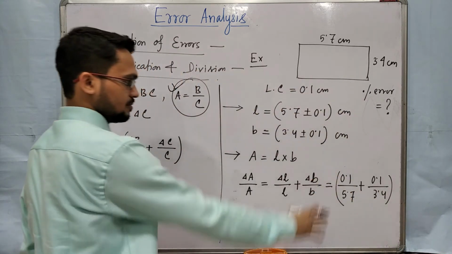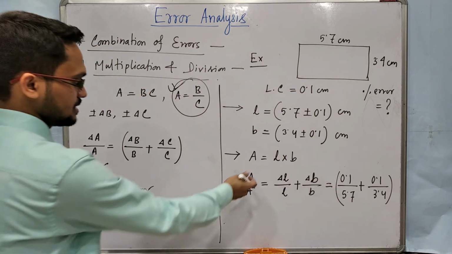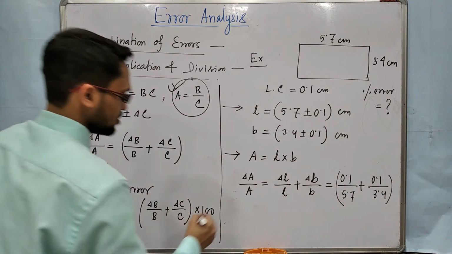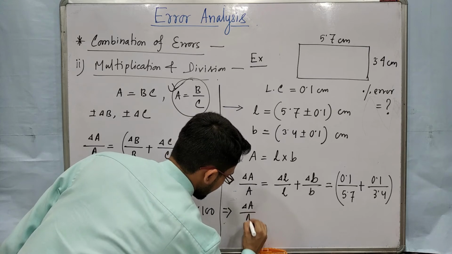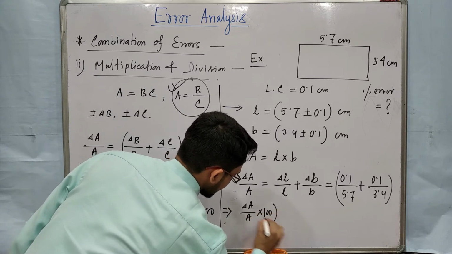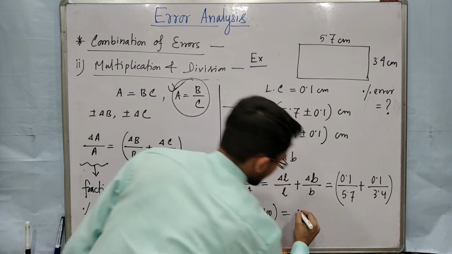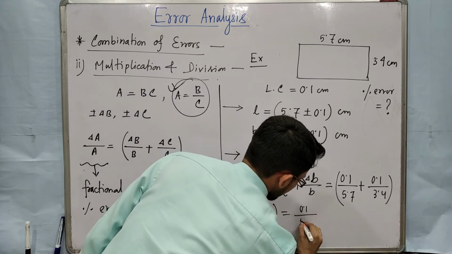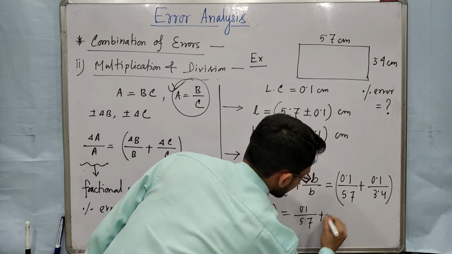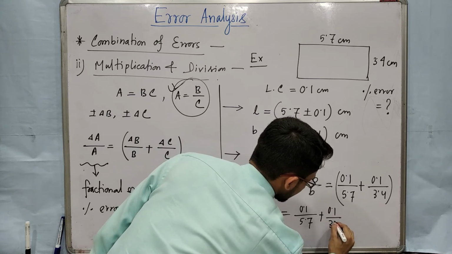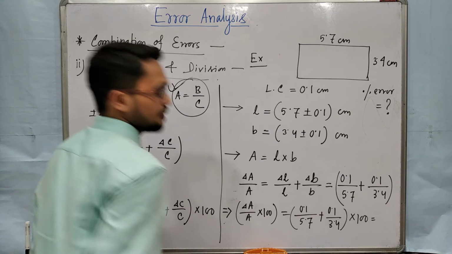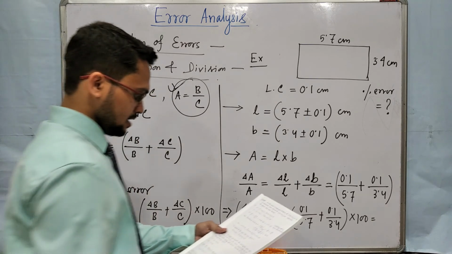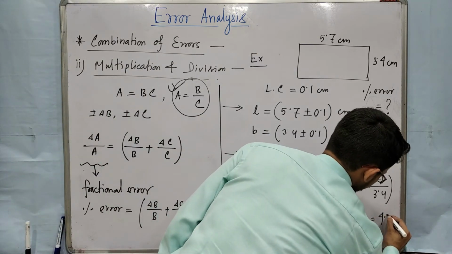This will be only a number, no unit, because it is delta A by A, a ratio. So percentage error will be delta A by A into 100. You will get 0.1 by 5.7 plus 0.1 by 3.4 into 100, and after calculating you will get 4.7